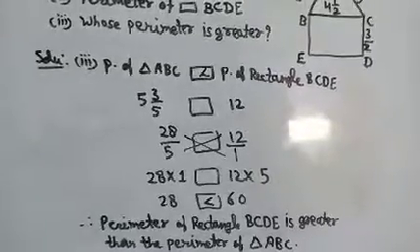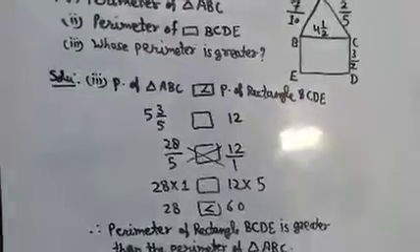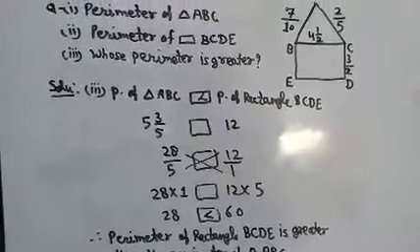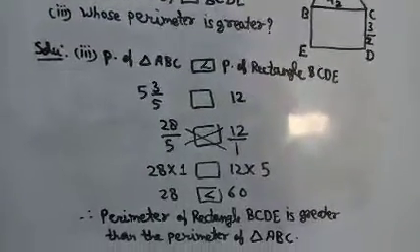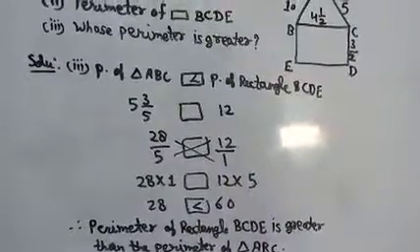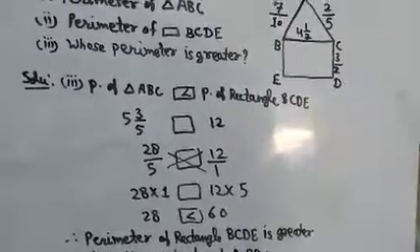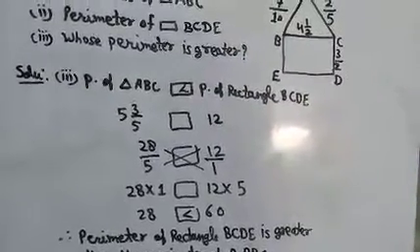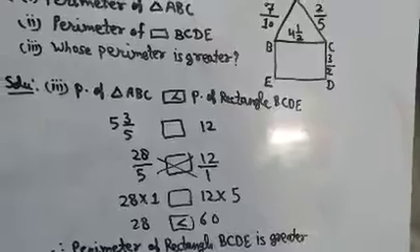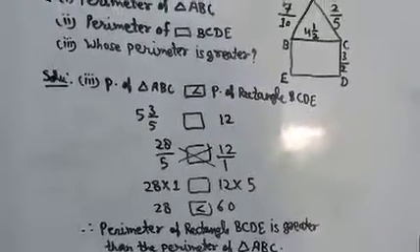So student, I hope you understand this word problem related to geometrical figures. The perimeter of the rectangle is greater than the perimeter of the triangle. If you try to solve the perimeter of some other geometrical figures and feel difficulty, we will discuss it in our live classes as well.